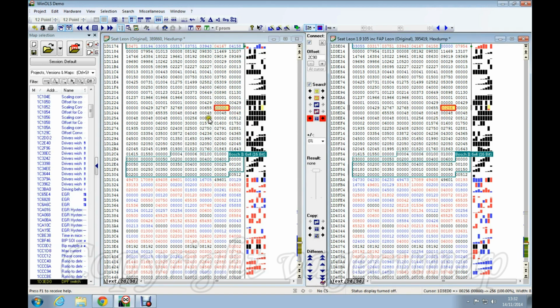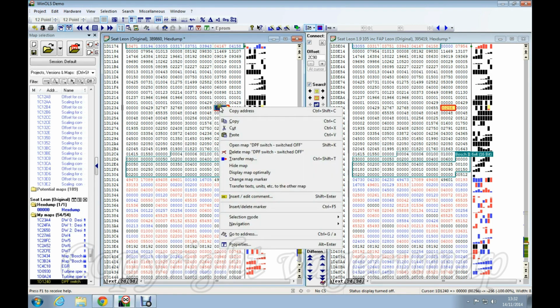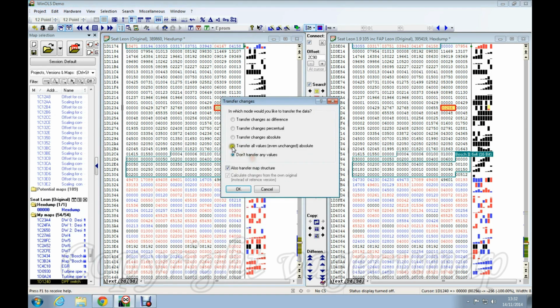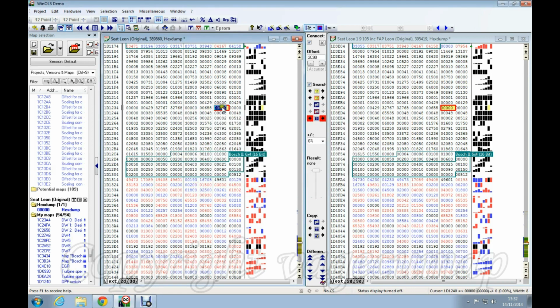Now let's assume that I've got this one already switched off and I want that one to be switched off. What I could do is start over here and say to myself, what I'll do is transfer the map, and what I want to do is transfer the values. So I don't want the don't transfer, I want the do transfer. And so I'll say OK to that. I'll be asked, do you really want to do this? And I will click and say yes, don't ask me again. So I'll pick number 1, and then I'll say OK. And now